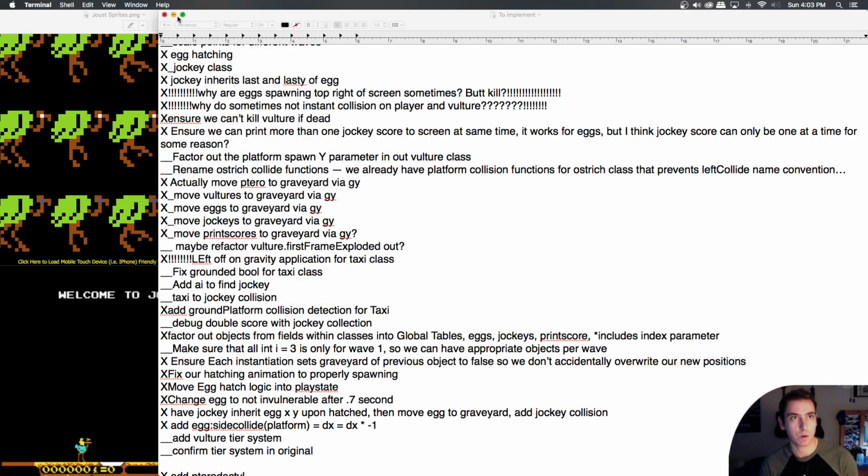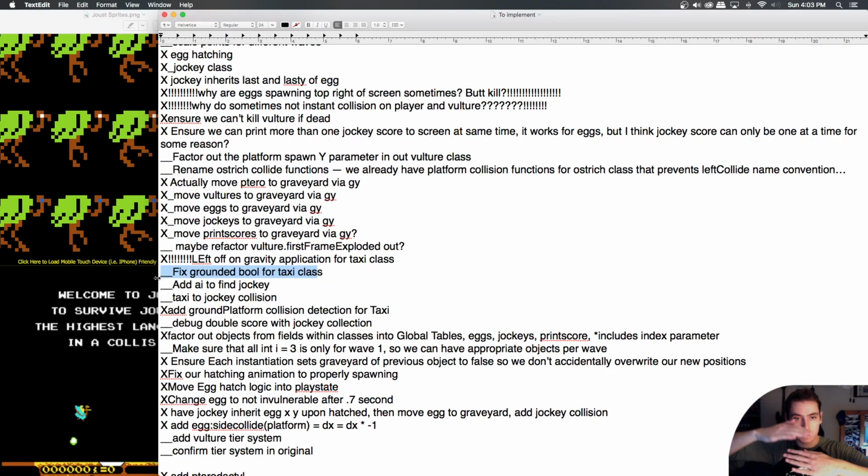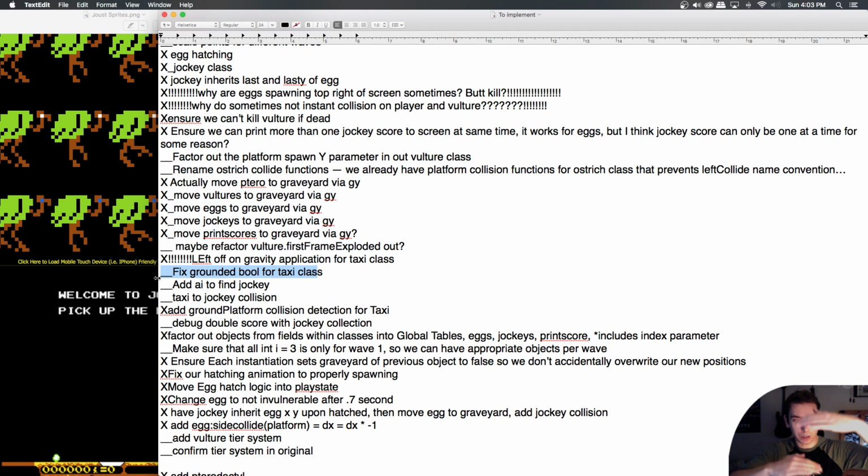So I'll see you guys tomorrow, and we'll probably get the grounded working, the ground boolean, because right now we're only rendering a walking taxi, but if the taxi's in the air, its wings need to be up and we shrink. We're no longer 24 pixels tall, we're like 16 or whatever, a perfect square, I think. So then we'll need to do the animation cycle for being airborne, then we'll need to add jumping for the AI, which does a couple different things. It changes our DY and it changes our sprite animation. But also, if we collide with the ground platform, we need to shift our size back up to standing,